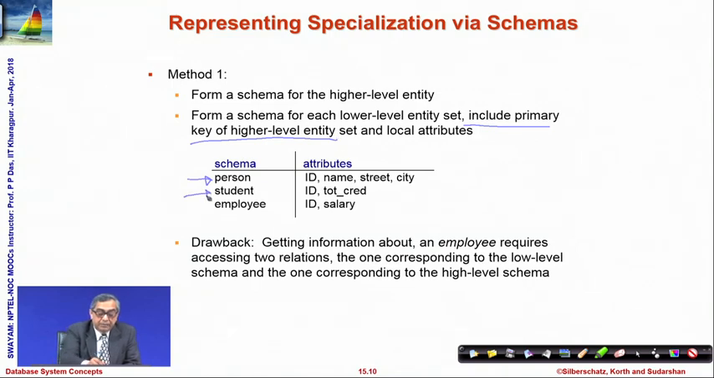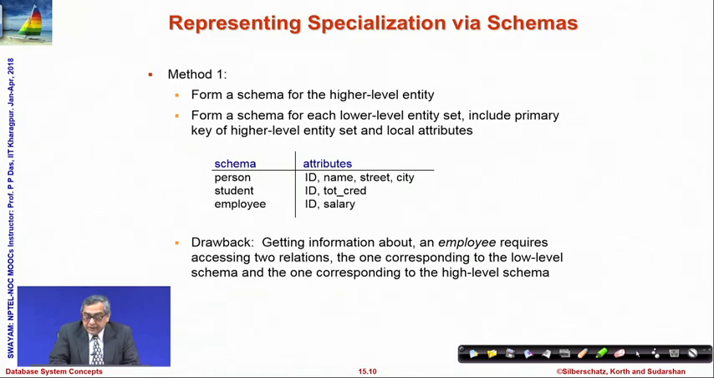So, when you are forming the schema of student, which is a specialization of person, you include the ID, which is the key of the higher level entity set person, and along with that you include the so-called local attributes, or attributes which are specific to this lower level entity set, in this case total credit. Similar thing happens with employee. Now, this representation is in a way optimized, because you are representing the information only once when it is needed,